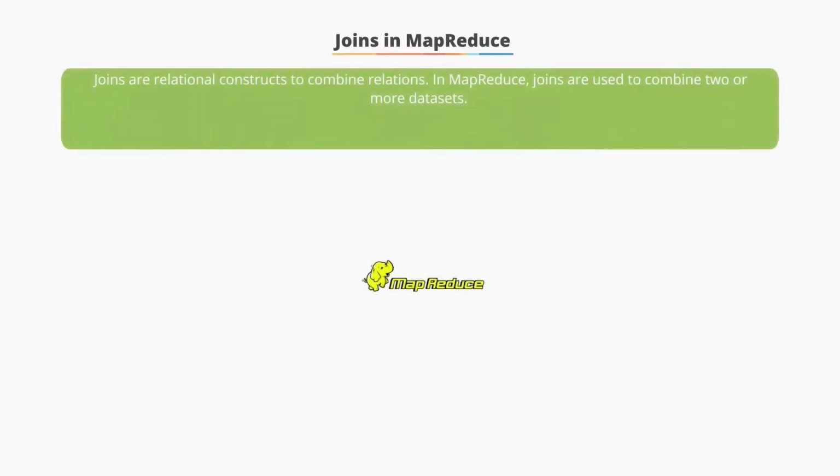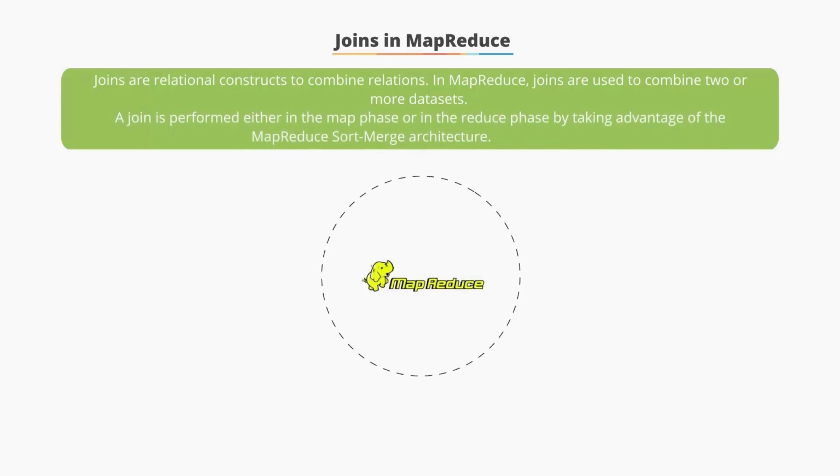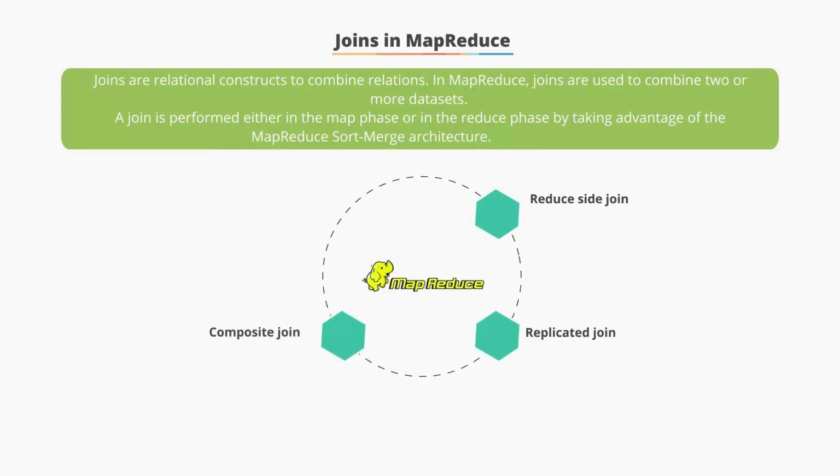Joins are relational constructs that can be used to combine relations. In MapReduce, joins are applicable in situations where you have two or more datasets you want to combine. A join is performed either in the map phase or later on in the reduce phase by taking advantage of the MapReduce sort-merge architecture. The various join patterns available in MapReduce are reduced side join, replicated join, composite join, and